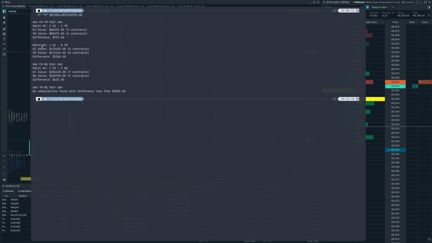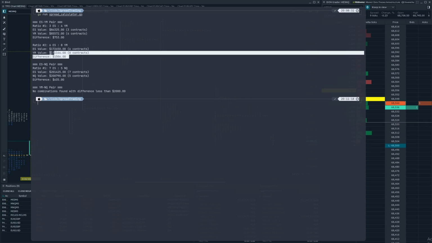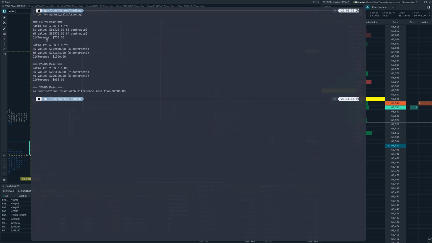Now ratio number 2, you can do 6 ES and 8 YM. And then the ES and the YM values are 172,650 and 171,144. You want to do 6 contracts and then 8 contracts of the YM, but the notional value difference is 1,506. But why would you do this when the difference for ratio number 1, which is the best, is